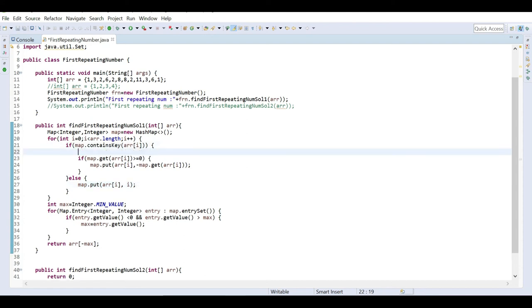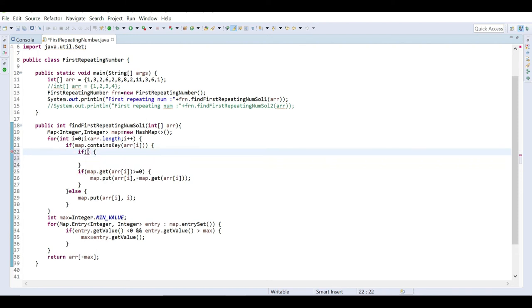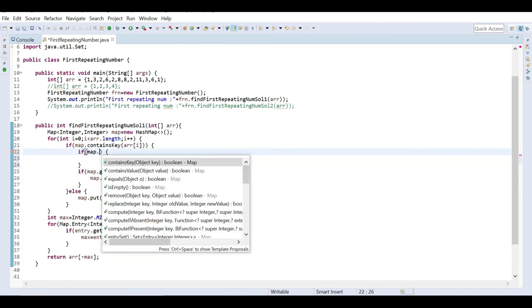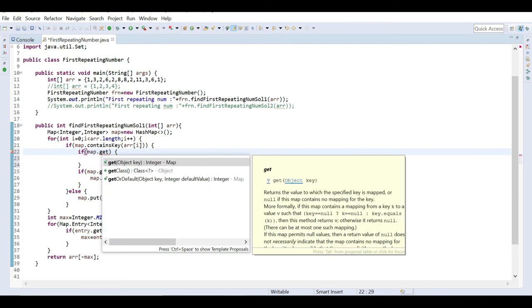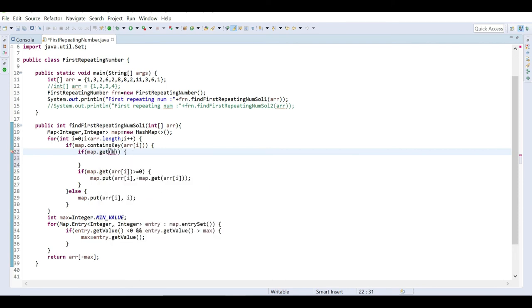So while we are putting, suppose map.contains key, and we already get 1 here. Then what we can check is the previous value from the map.